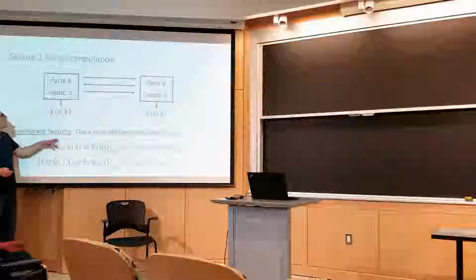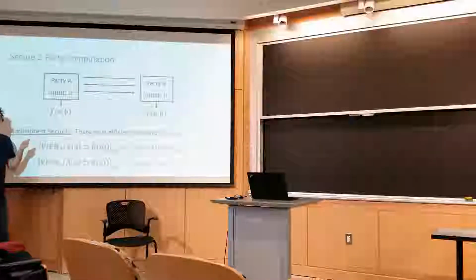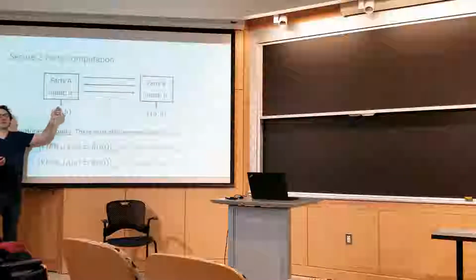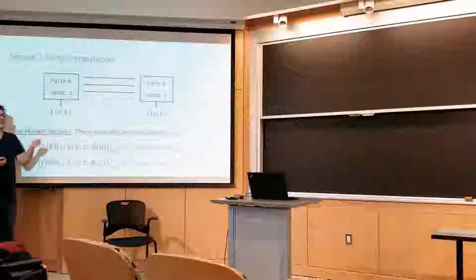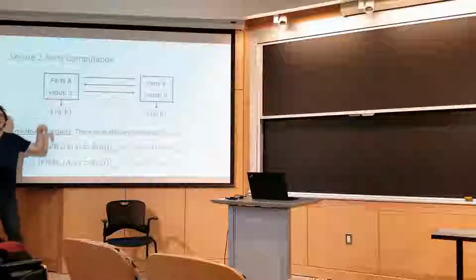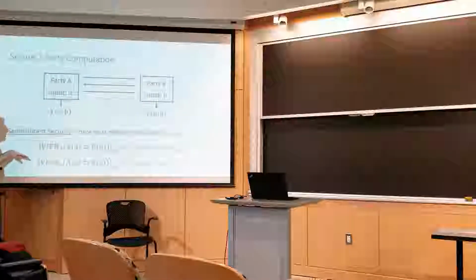The code of the party, the input A, the randomness that this party takes, all the random coins that it flips, and all the incoming messages from party B. So if you have all the incoming messages and the randomness and the input and the code, you can actually compute all the messages that this party sends and even the final output that this party produces. So this is what the view